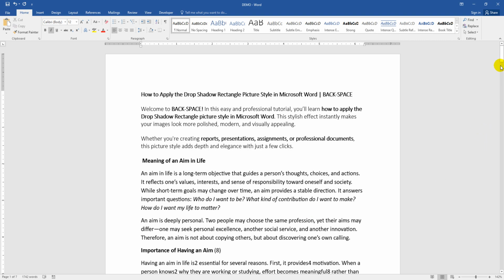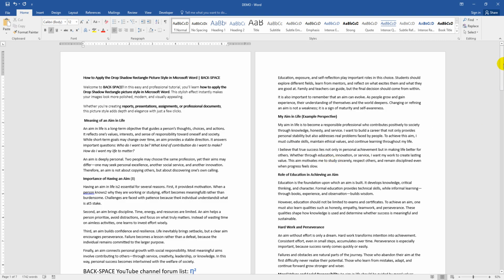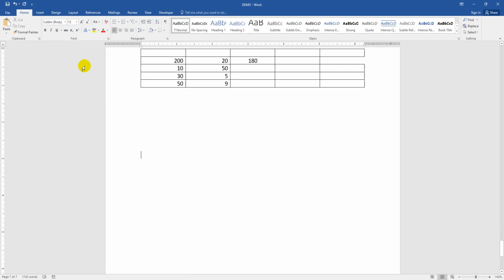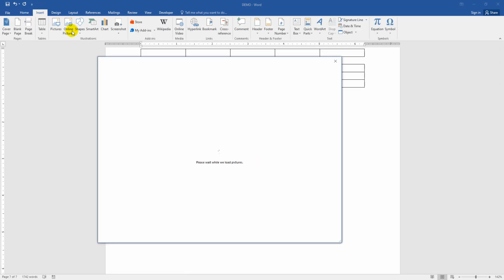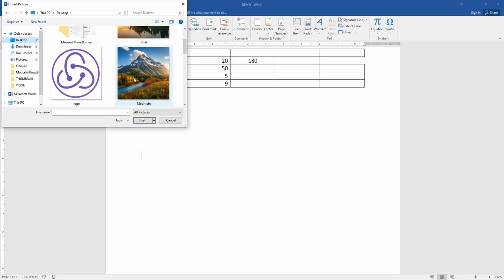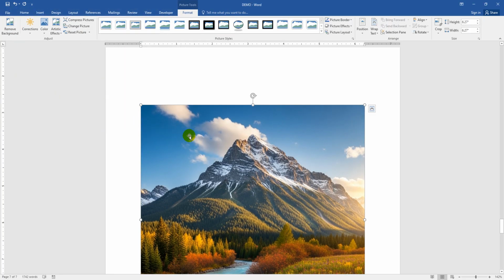At first you have to open your document. Now you can see here assignment. Now I am going down and inserting an image. Go to the Insert menu, click the Picture option, then choose Picture from our file, then select the image, go to the Format menu, click the Wrap Text option,